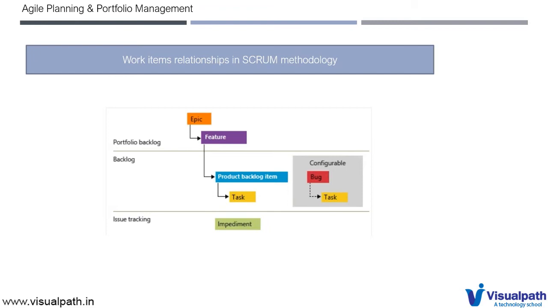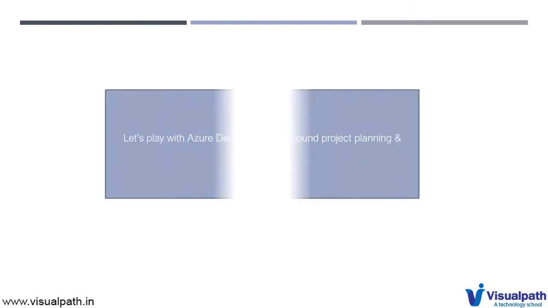So when you are using Scrum methodology, you need to know a few terms. One is the portfolio backlog or the backlog. The other one is the product backlog. I will talk about the differences between a portfolio backlog and product backlog when I explain the Scrum methodology in our coming class. So that is a little theory about your Azure DevOps project and the Scrum template.